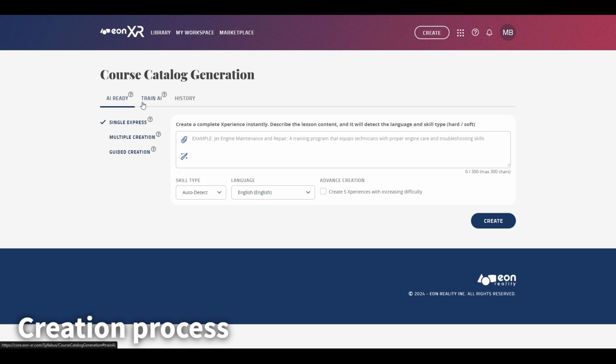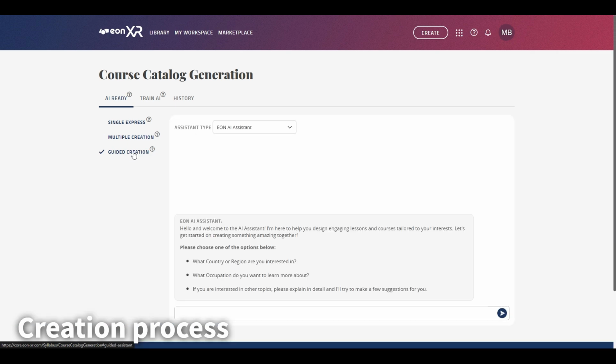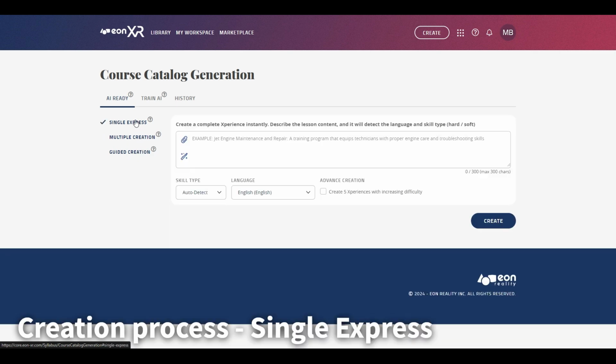EON-XR offers different methods to create immersive experiences, each designed to fit different needs. Under the AI Ready tab, we have multiple options. We see that the first one is single express, then we have multiple creation and guided creation. The single express creation mode is the grab and go mode. If you need to build an experience based on a single topic or a single subject, you can just